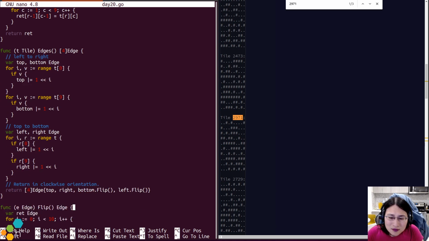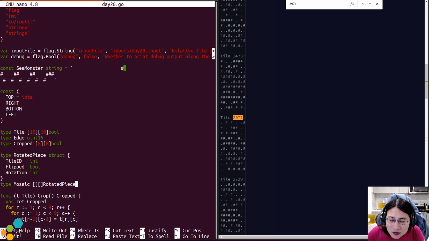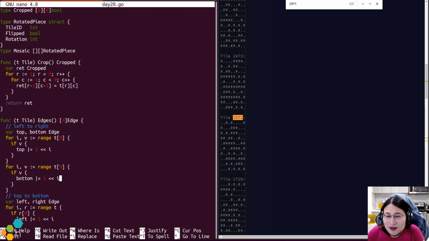A given rotated piece should be able to get edged.